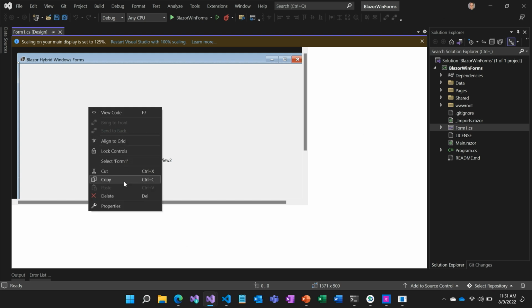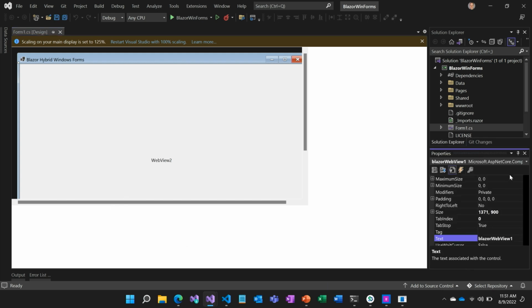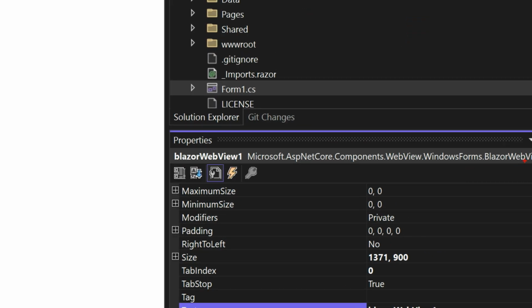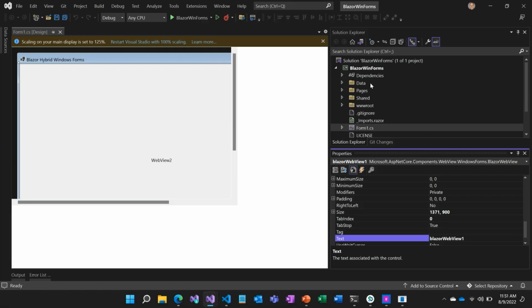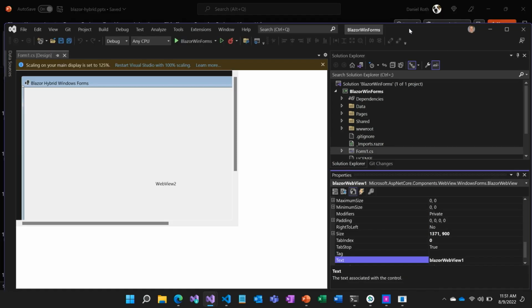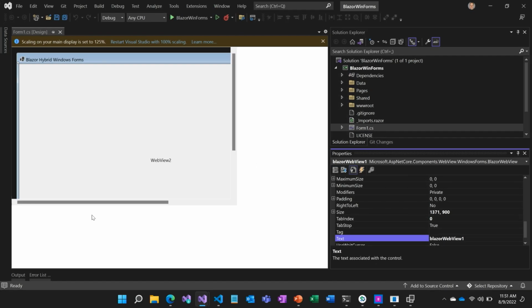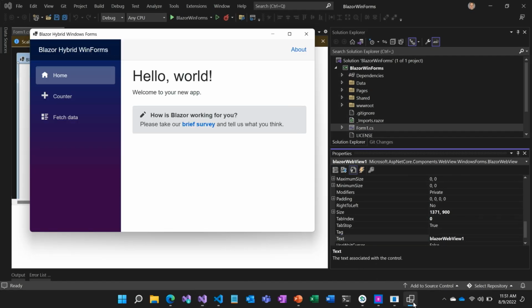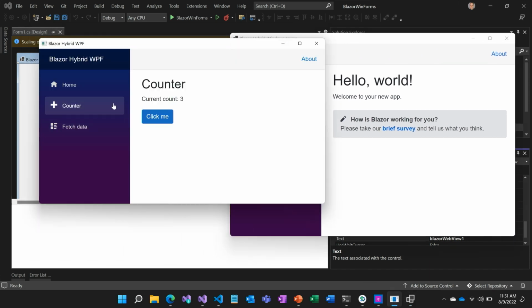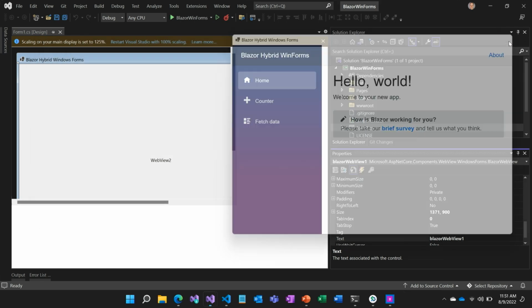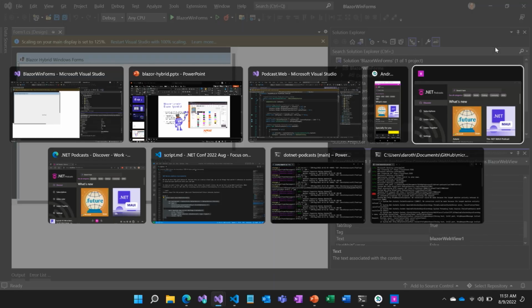Not sure what's going on there, but if we look at its properties, we can see that that WinForms control is also a Blazor WebView control. So we have a Blazor WebView control hosted in WinForms. I don't know what's going on with the WinForms designer. It's kind of a little crazy. But that's okay. There's our WinForms app. So we've got WinForms and WPF also hosting Blazor components too. Great way to modernize existing apps.